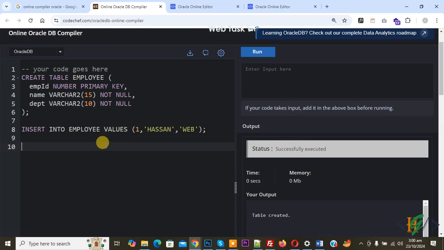Bismillahirrahmanirrahim. Assalamu alaikum. My name is Hassan and today we are going to display all data from a table in Oracle